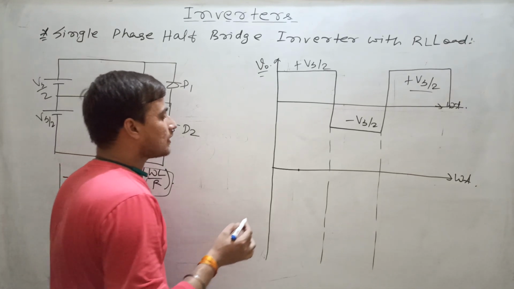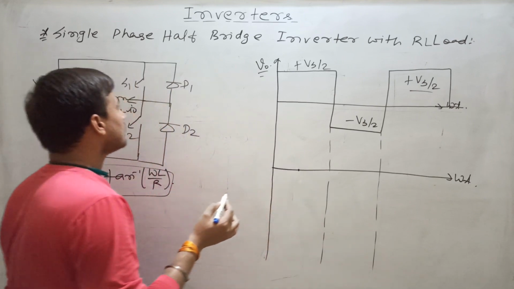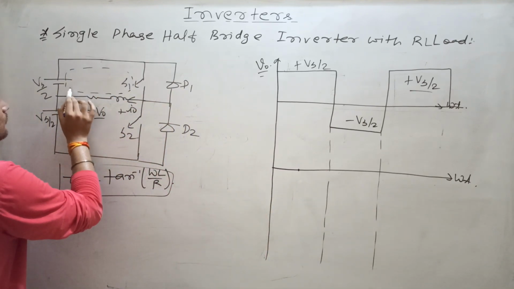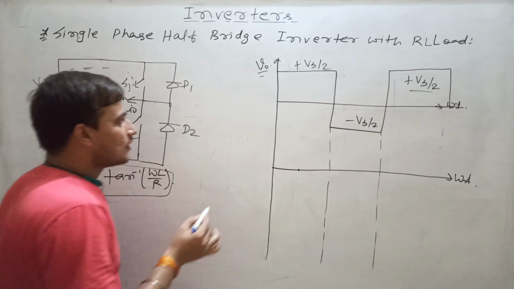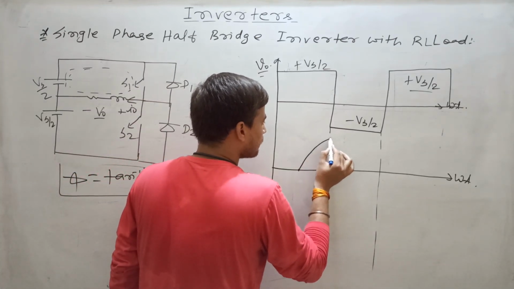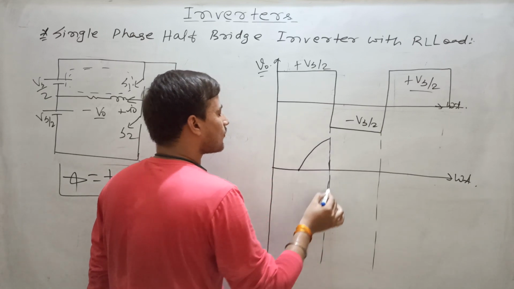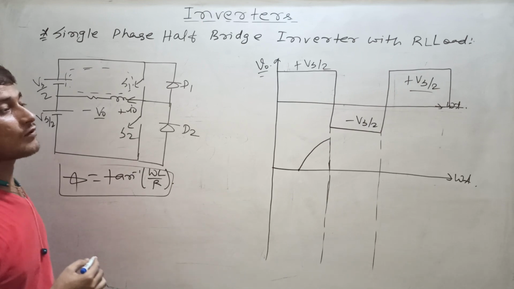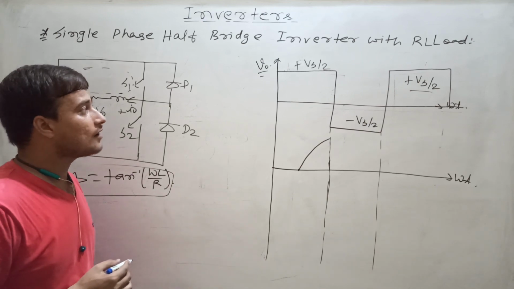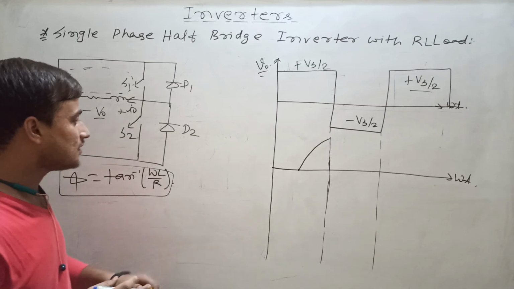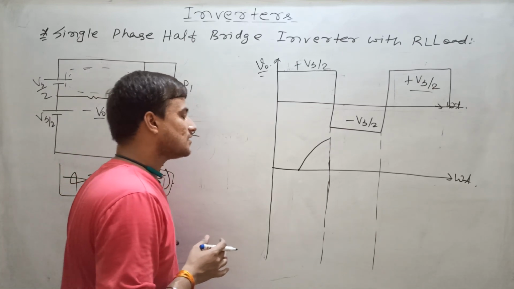Now here the current will start. The current is conducting through which one? Current is conducting through S1. Now what will be the nature of current? The current will increase like this. You know the waveform of current. See the transient analysis. This is the waveform of current. Inductive current will increase like this. If you are having RL circuit and a battery, the current increases like this.